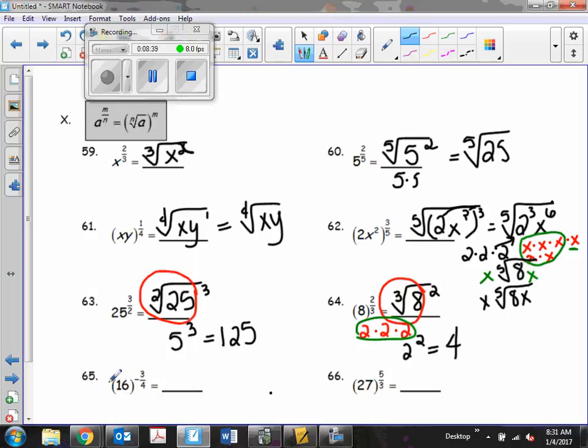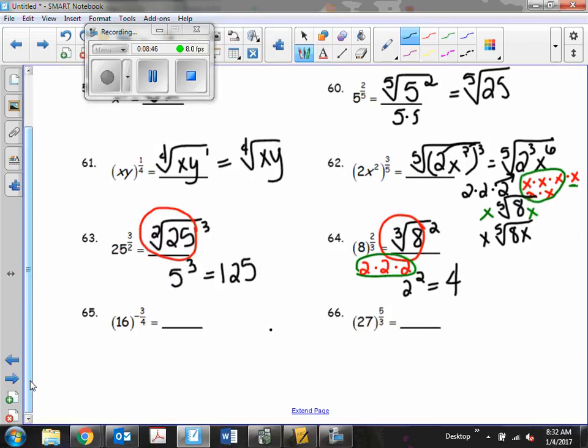So if we take a look at number 65. This one right here is 16 raised to the negative 3/4. Well, it's a negative, so automatically I want to make the reciprocal. But see how there's not a fraction already? You can actually turn 16 into a fraction by putting it over 1. So now I can flip-flop my fraction right away. So I end up having 1 over 16, and then that 16 is raised to that